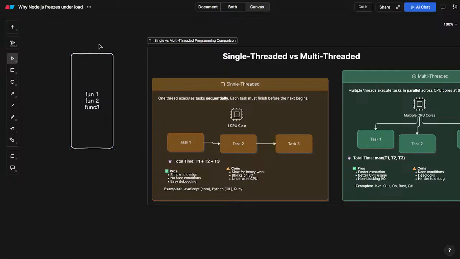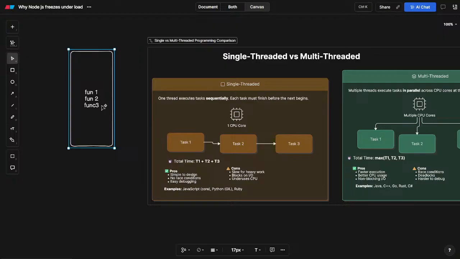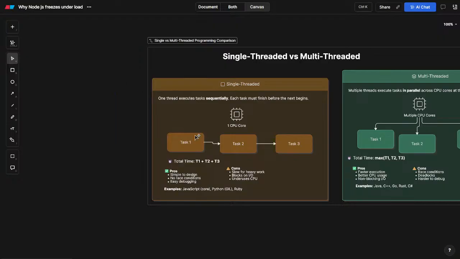So in a single-threaded language, function 1 will execute first and then the second and third in sequence. And no two functions will be executed at a single time. If function 1 is not executed, it will not move to the second one, and if the second function is not executed, it will not move to the third one. So single-threaded means that task 1 will be first, in the sequence in which the tasks are